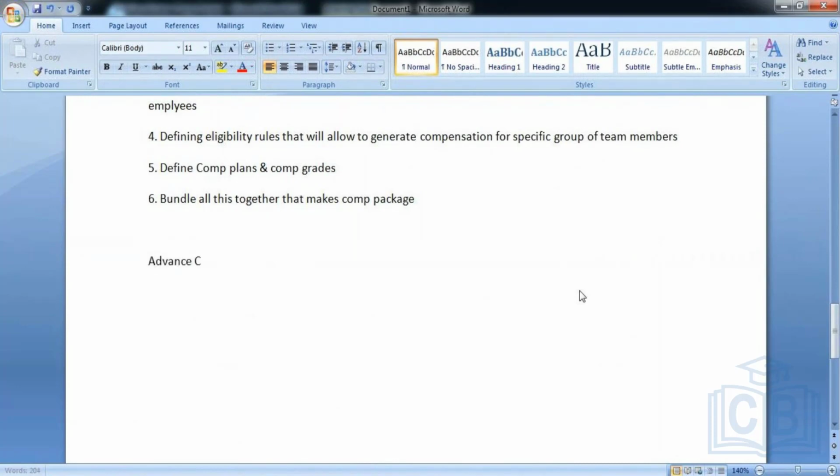Whenever you get certain skills in the advanced compensation area, you'll mostly be talking with these terminologies in advanced compensation language. If you're aware of these, you should be able to understand what each advanced compensation component performs, and you'll be able to take decisions related to advanced compensation. So the first one I can say,